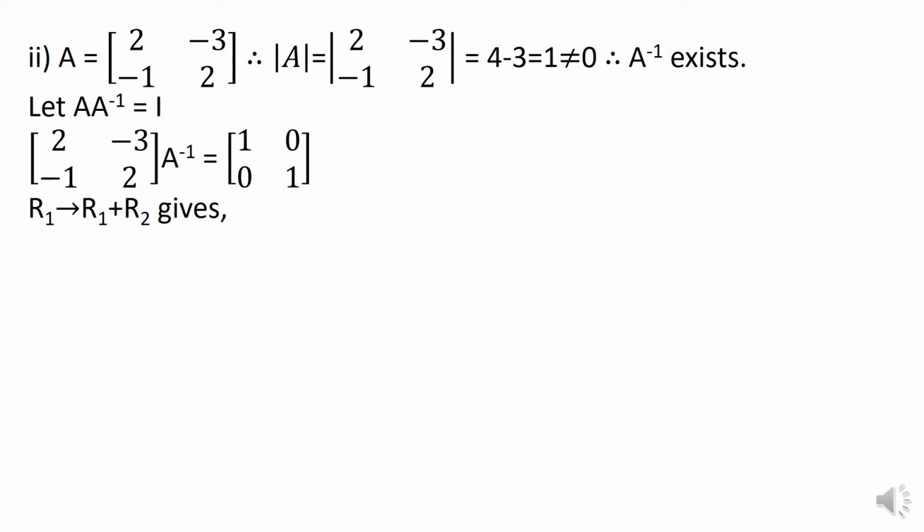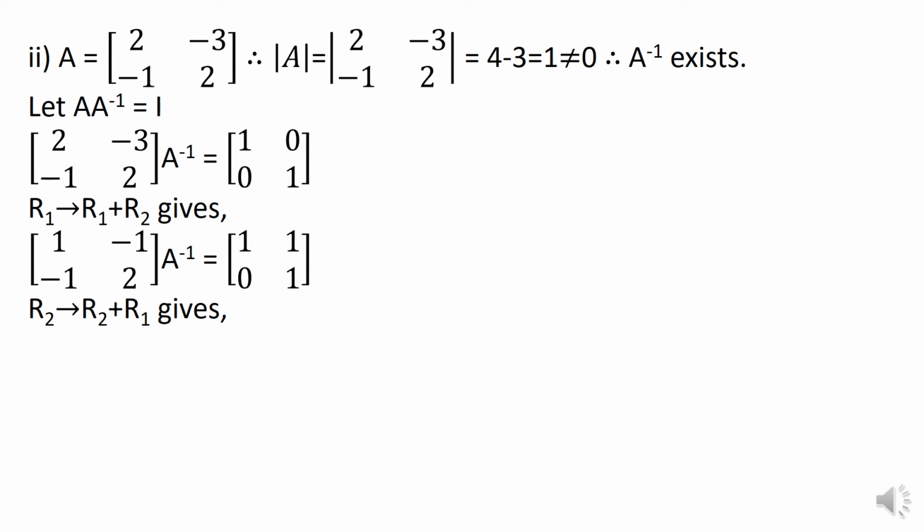Okay, as you can see, the first step is to convert 2 into 1. We have to convert 2 as 1. This can be simply done by doing R1 plus R2. That is 2 minus 1 gives us 1. Correspondingly, minus 3 also changes. So, observe the first row carefully. 2 becomes 1 and R1 plus R2 applied to minus 3 gives us minus 3 plus 2, which is minus 1. On the RHS, correspondingly, 1 plus 0 is 1 itself and 0 plus 1 is 1.